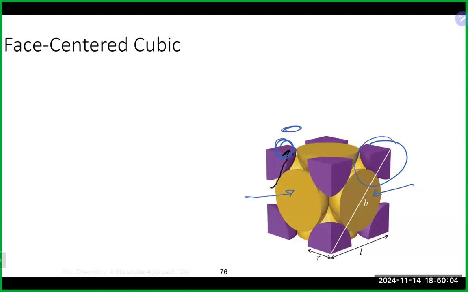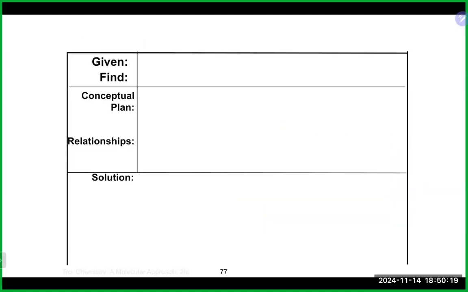You have your 1/8 of an atom in each of the corners. And all together, that will give you your 4 total atoms. So for face-centered, 4 atoms, body-centered, 2 atoms, and simple cubic, 1 atom. And that's going to be really important for the calculations, which we will